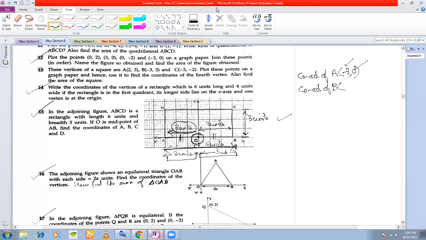Okay. Now coordinates of B. Sharmista, tell me what should be the coordinates of B? Sir, 0. Coordinates of B. 0. Why 0? If you want to reach B, where do you have to start? You have to start from the origin, right? From the origin you are starting. And how many units are you moving? You're moving 3 units, isn't it? Yes, sir.